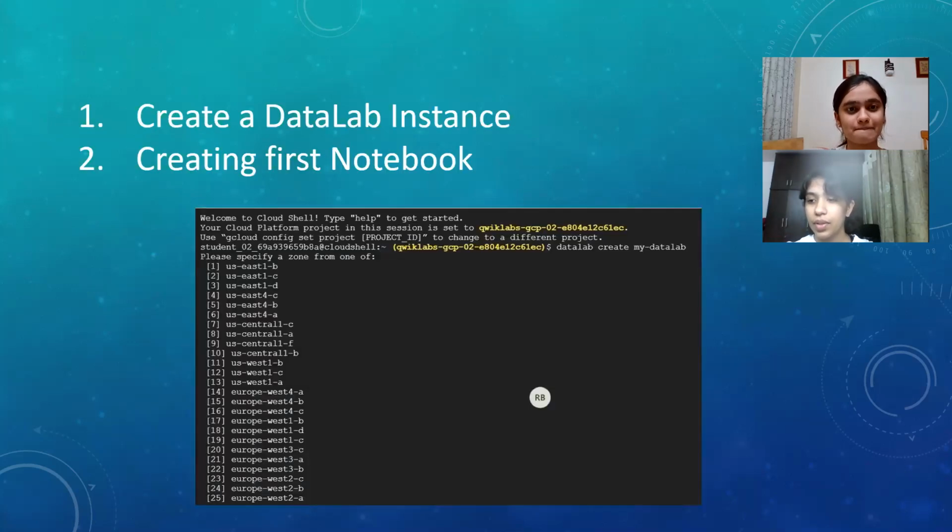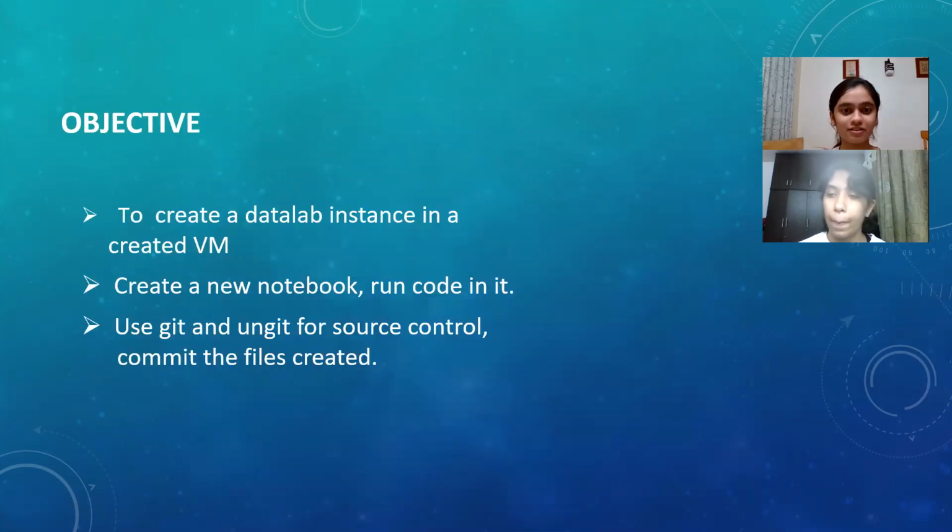When we create the data lab instance, Google Cloud adds this datalab notebooks cloud source repository to our project. It is given a name and it is added to our project in the current Google Cloud platform website that we're using. And the repository is remote. It's a Git repository contained in the Docker container of the virtual machine. So we will store the cloud data notebooks in Google Cloud Source Repo, which is a Git repository,